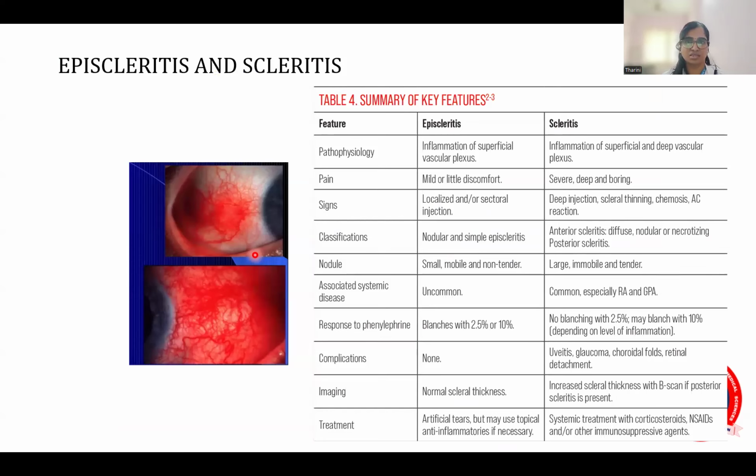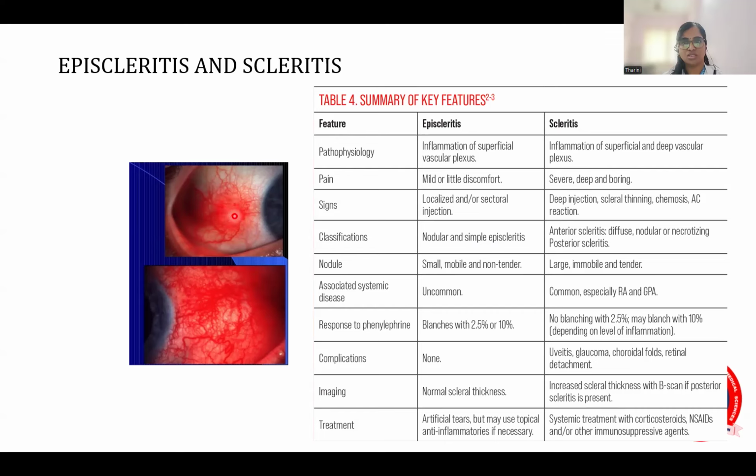Episcleritis and scleritis. This is a picture showing episcleritis and this is a picture showing scleritis. You should know the difference between episcleritis and scleritis. Episcleritis is inflammation of the superficial vascular plexus, whereas scleritis is inflammation of the superficial and deep vascular plexus. In episcleritis, there will only be mild pain, whereas in scleritis, it will be severe and deep boring pain. The signs of episcleritis